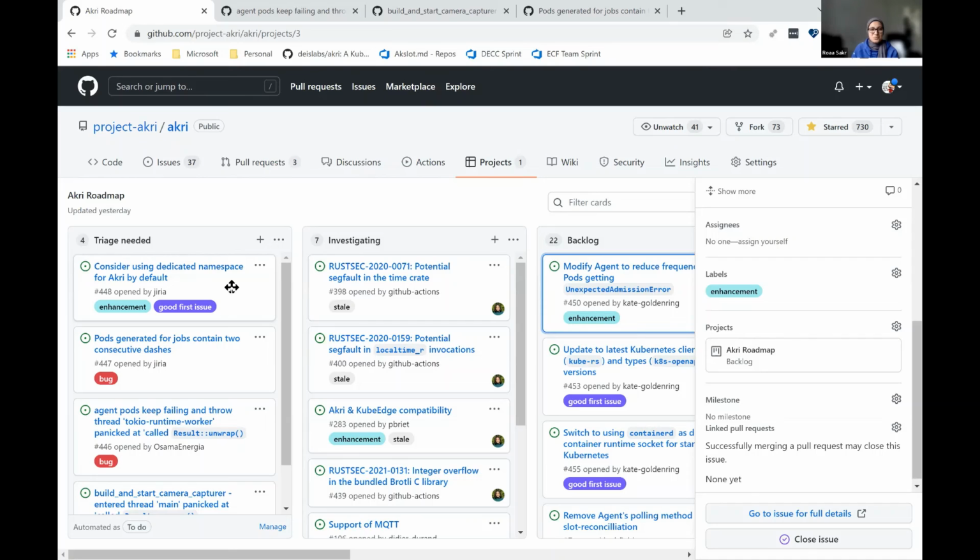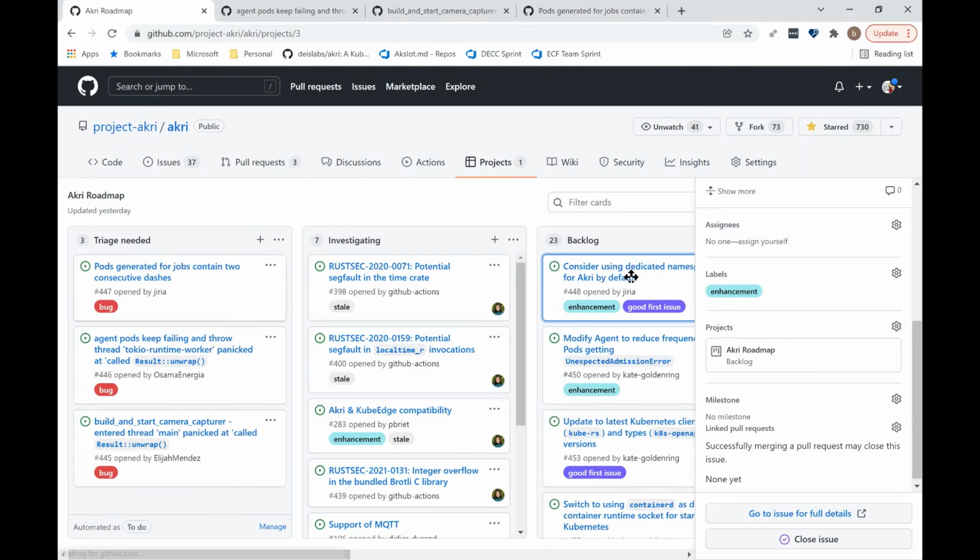Yeah. So one way you can do that is when you're doing Helm install, you do --namespace Akri --create-namespace, which would create the namespace if it doesn't exist. I think we need to update that. That might end up being a documentation fix, in my opinion. But yeah, I think we can keep the bug and move it to backlog. I can add a little bit more details on the guidelines. Cool. Thank you for the clarifications.